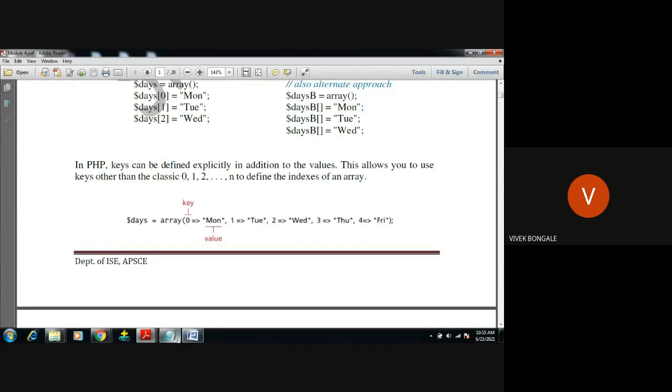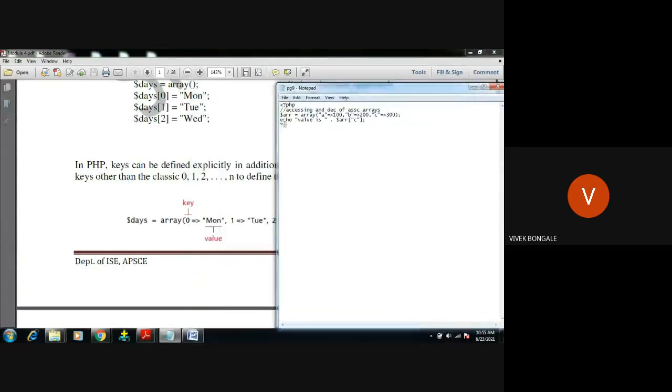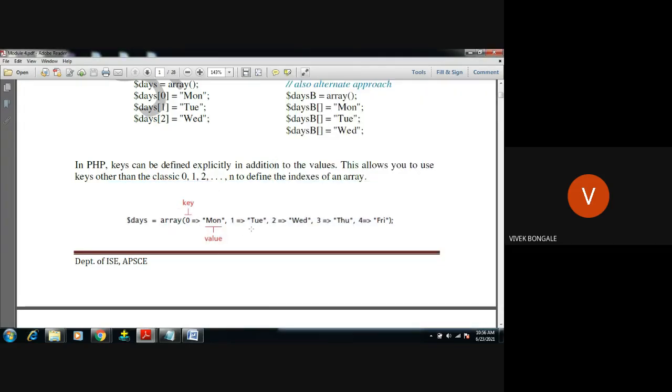See, this is a variable name, $day equal to array, and this is the key. Either you can give a string value or an integer. If you use the integer, then it will be index 0 to value. If you do not give one, by default it starts from index 0. If you specifically mention a key, then that replaces the index. For example, if you use a, in place of 0 it is replaced by a.